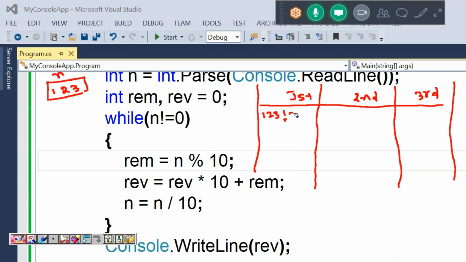1, 2, 3 not equal to 0. Yes. What is the result? True. Then rem equal to